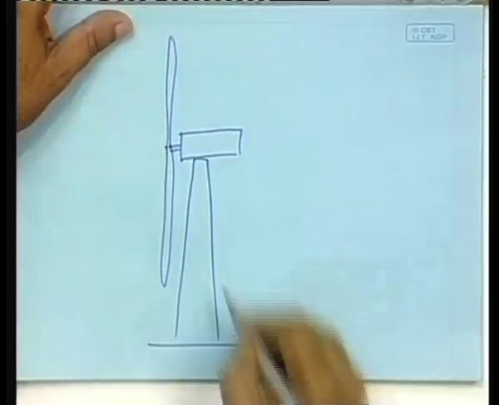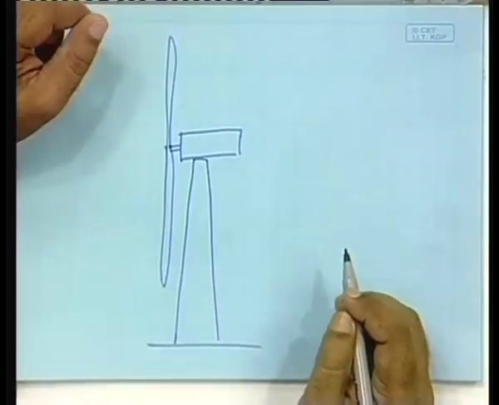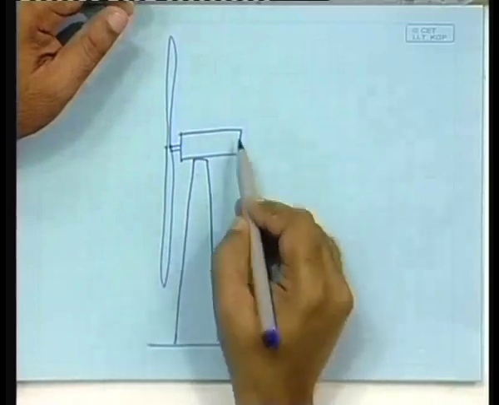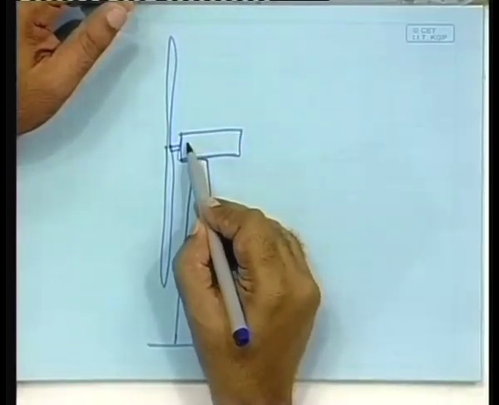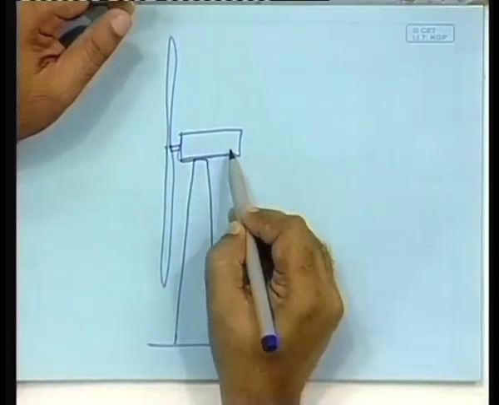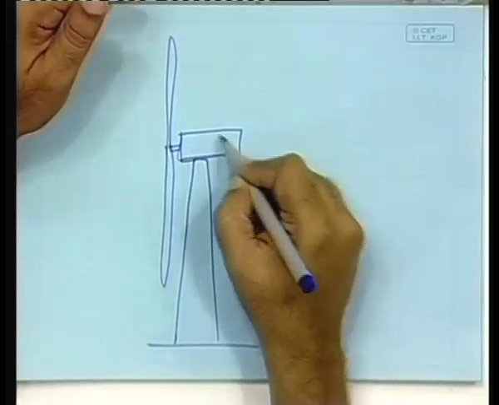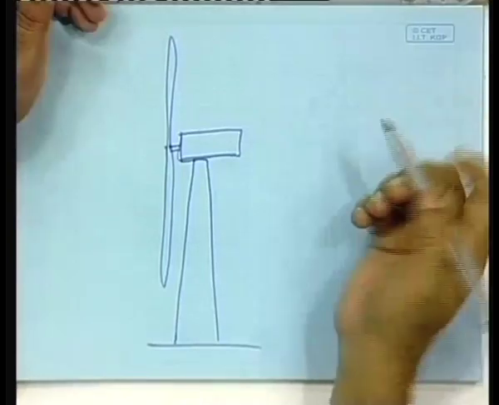So, here is the tower. Now, the tower obviously has to carry the whole weight of the blades of this whole thing, in which you will have to house the gearbox, the transmission system, the brake, the electrical generator, everything on top of the tower. So, a huge tower, on top of it all this weight has to be housed, and you have already seen